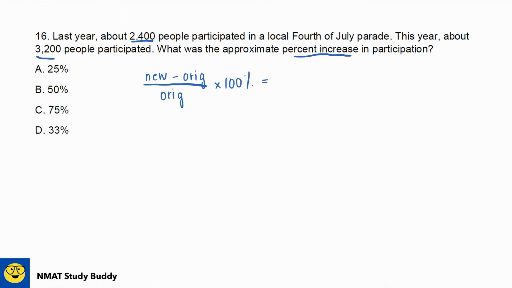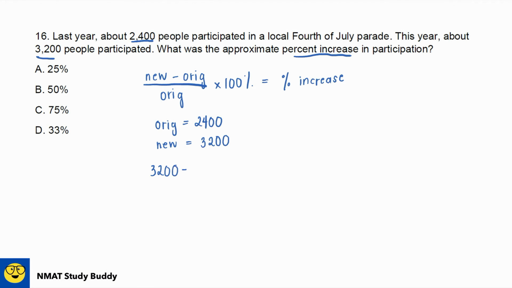So, yan yung percent increase. Ganyan natin siya isosolve. So, for this one, last year daw, 2,400 yung nag-participate. So, yan yung original value. So, original value is 2,400 people. And then, yung new value is 3,200. Nadagdagan yung people na nag-participate. So, gawin lang natin yung sa formula na